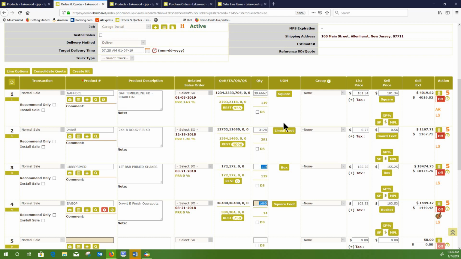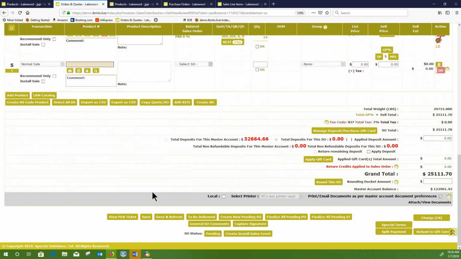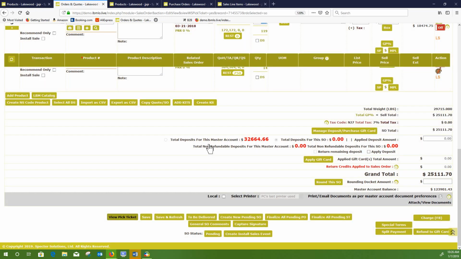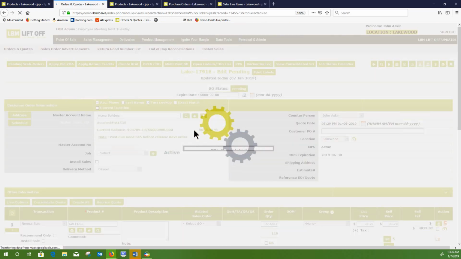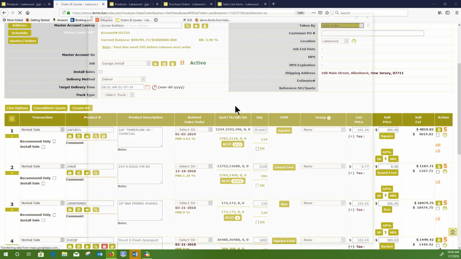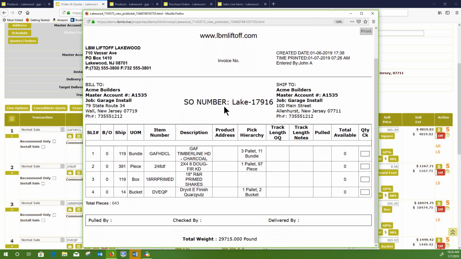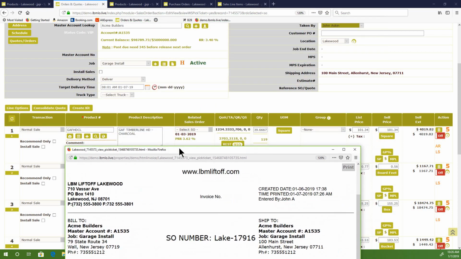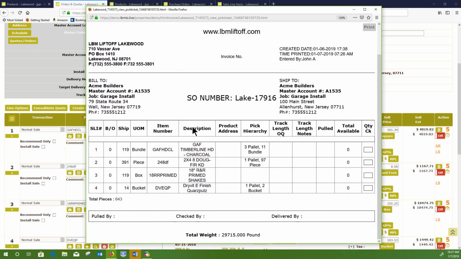That's all great, but when we go out to the yard, these are units of measure that they don't want to work in. They have no idea. So if we come down and we just view our pick ticket, some of the nice things that LBM Liftoff will do, it's going to go through and do the calculations and bring up your pick ticket. If you notice now, on the first line item, where here we had 39.667 square that went out to the yard, nowhere on the line item does it tell them how many square we have. It says you need 119 bundle,